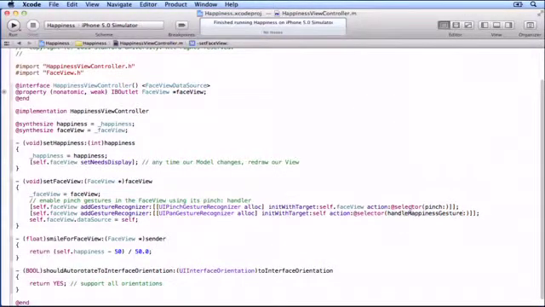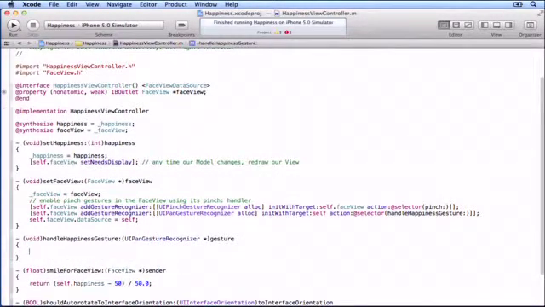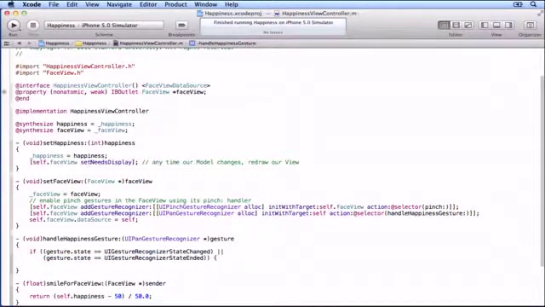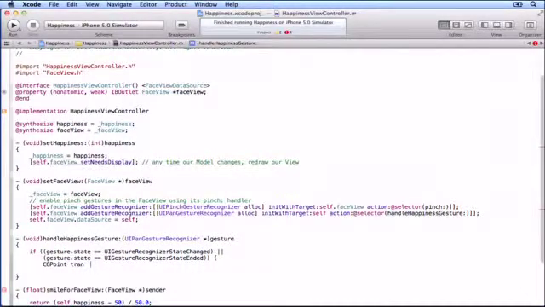Okay? Now, of course, we need to implement this method. So let's do that. Right here, void handle happiness gesture, and it takes a UI pan gesture recognizer, right? Because this is a pan gesture. Cool with that. And we're just going to say gesture state change. So we're going to do the same thing that we did with the pinch. Whenever the pan moves or the finger goes up at the end, we're going to be tracking the position of it. But this is a pan gesture, so here, instead of doing that scale thing, we're going to do translation